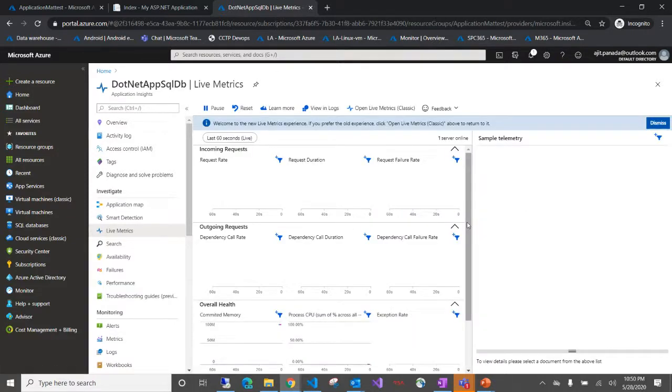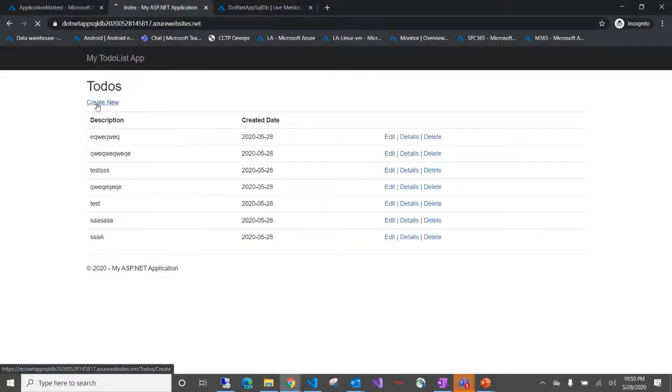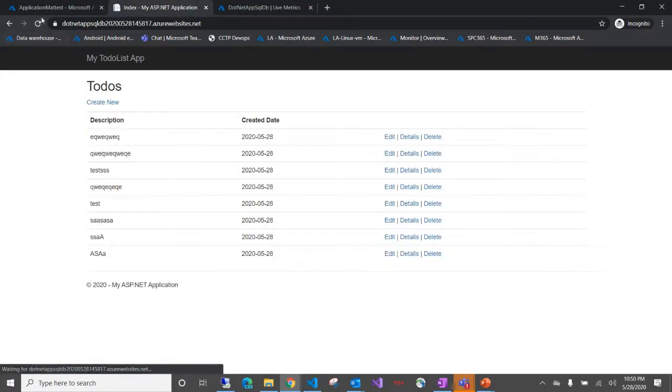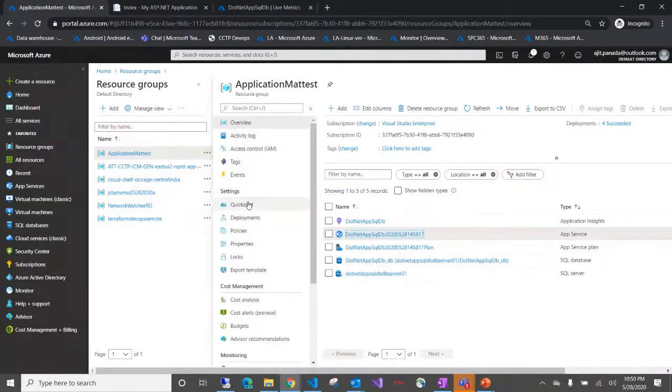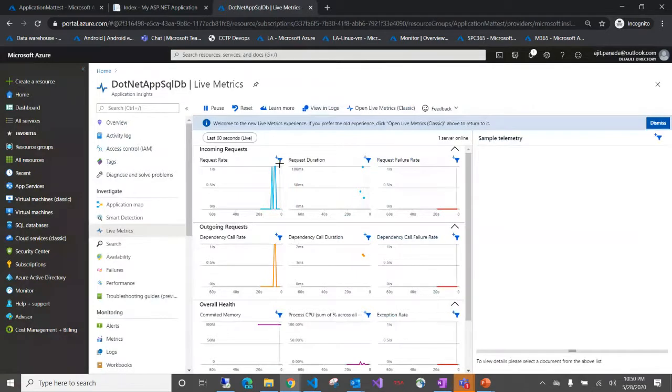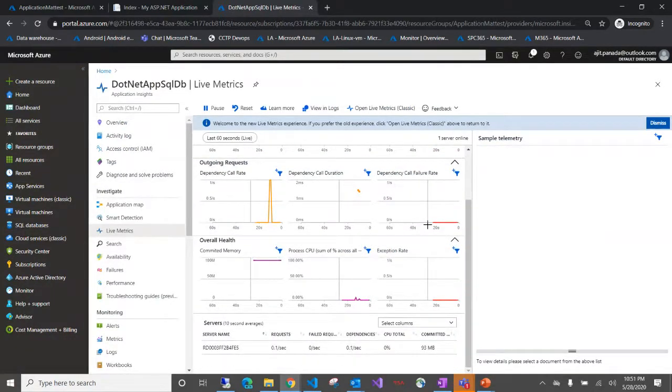And as I have seen personally, there is like a 1 or 2 second lag, and even 1 second is very rare. So as you can see, suppose I go here and create a new function, and you can see, oops, sorry for that. Yeah, you can see live what is happening with your application. So this has a lot of performance monitoring, outgoing requests, overall health, and all this information as live metrics. It's available just in your dashboard.